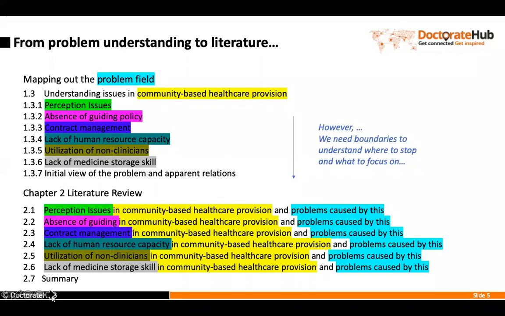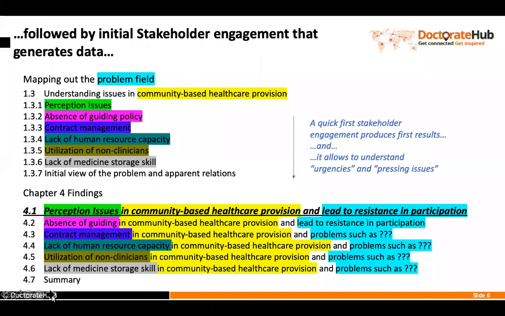For example, if you look at perception issues, guiding policy, contract management. So those are keywords that become clear over time, and that then help you to look more focused into the literature review, and also afterwards to go more focused into the data collection, to know exactly what you are asking